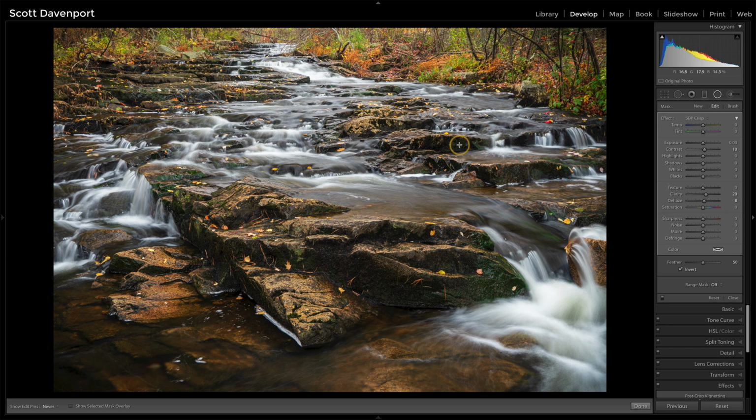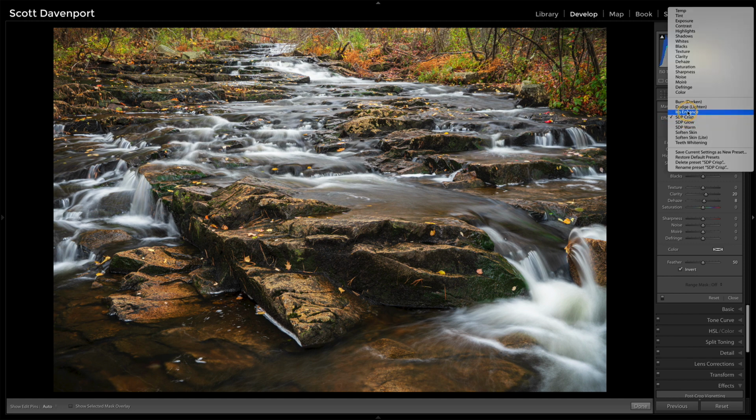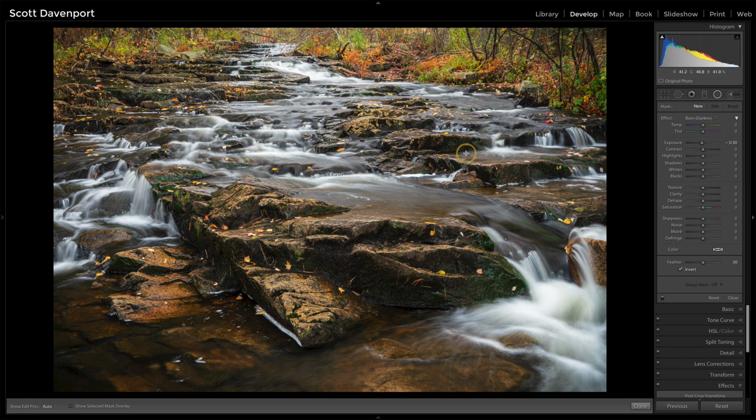Why did that not work there? Let's see, what just happened there? Let's go ahead and just reset whatever just happened. New. Oh, that's why I didn't see the pin. Somehow I must have turned that off in a previous editing session. I do want to start with burn. And let's click once. We'll drag a shape on there. Let's rotate it around just to start to cover this